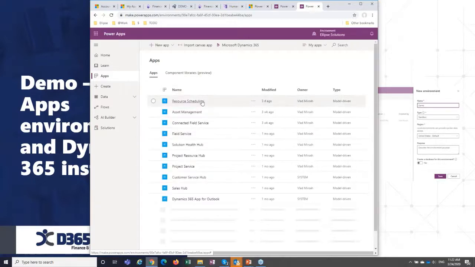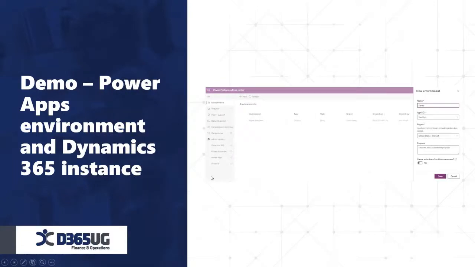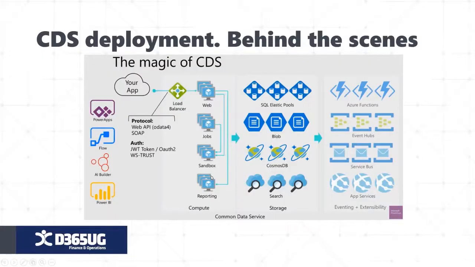Oh, here you are. So these are all the applications that I have installed in my environment. All right, so done with that. Let's proceed with the presentation.